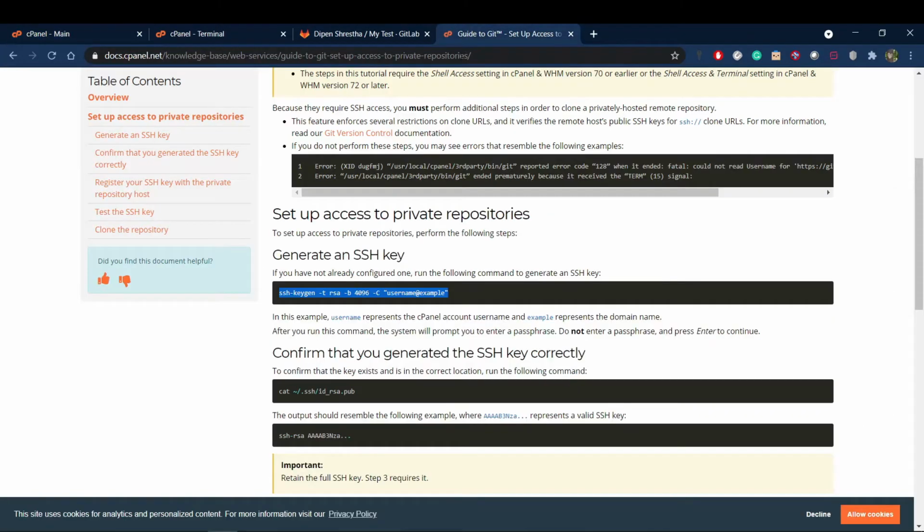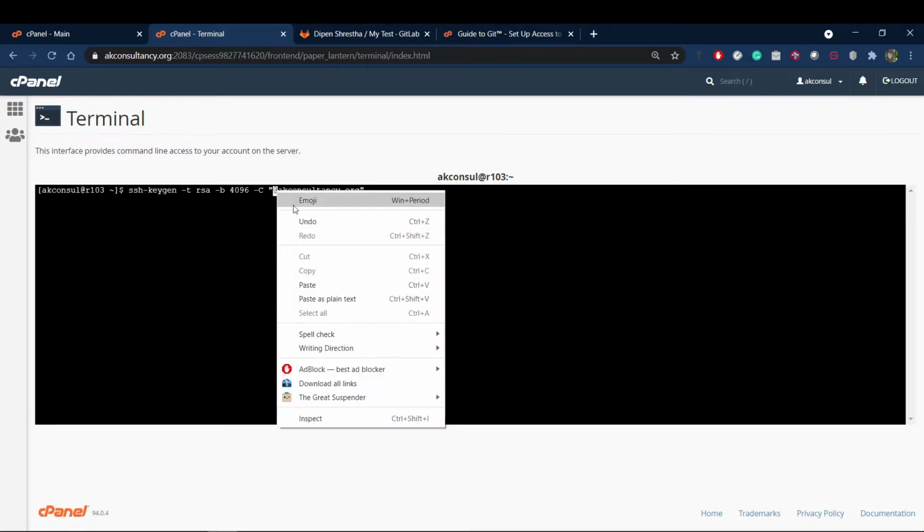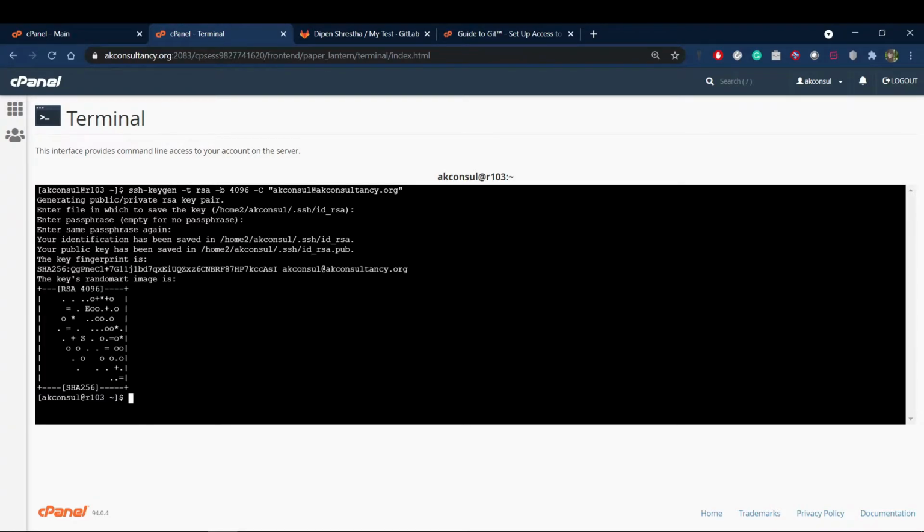Copy it and simply paste it here, removing the placeholder username. Press enter and it will say that it will create your SSH key in this directory. Simply press enter. You can leave the passphrase as it is. So the SSH key has been successfully created.